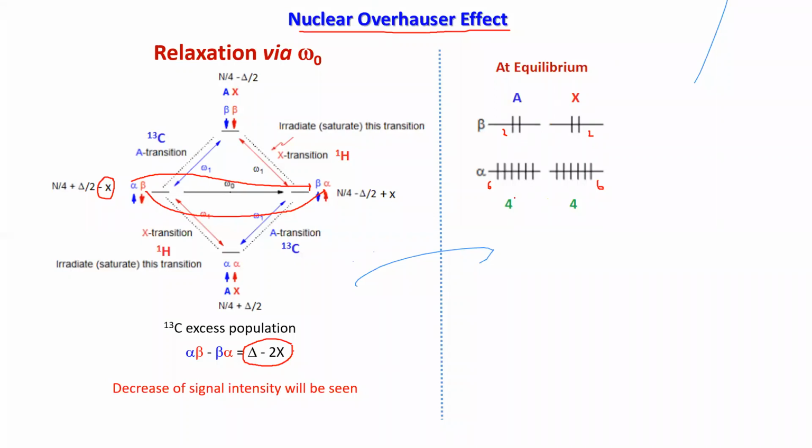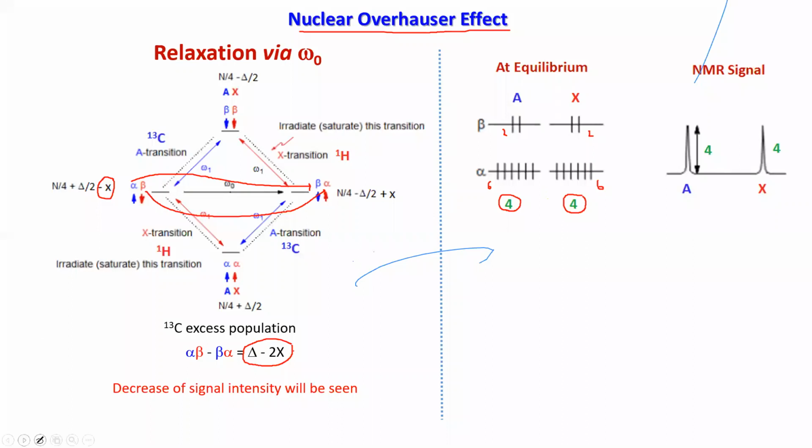If you apply just the magnetic field, you are not irradiating yet. Now, if you irradiate, you will see the NMR signal, which you'll be getting for the individual nuclei. Both nuclei have an excess in the ground state of 4. So for peak height, suppose I'm just taking 4. So A will have a peak height of this, and X will have a peak height of this. This is the NMR signal at the equilibrium distribution.